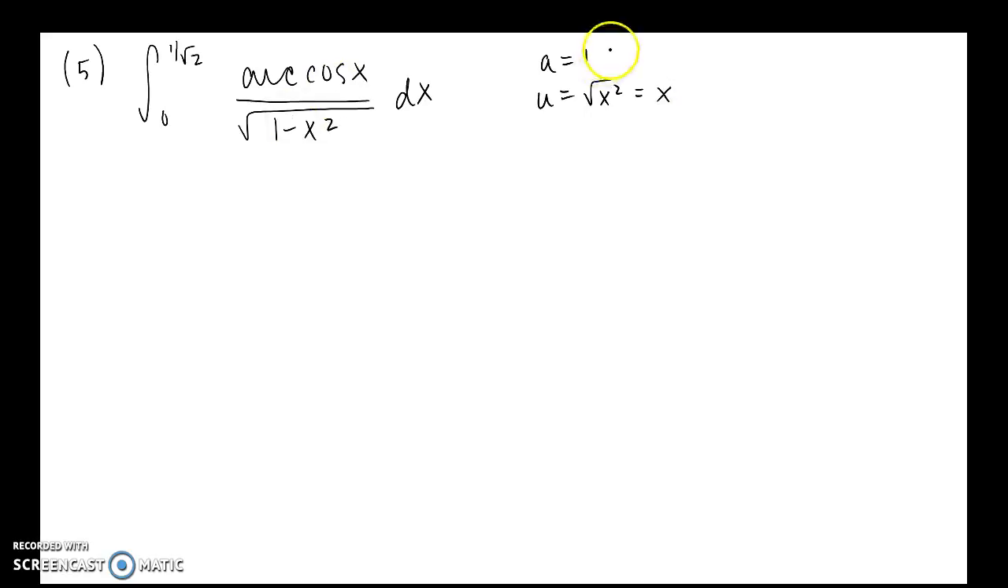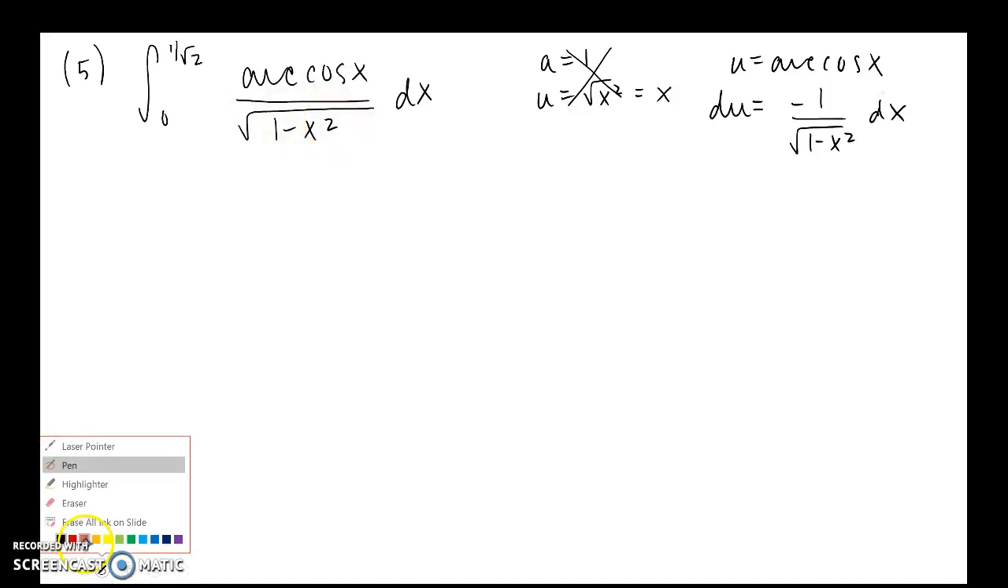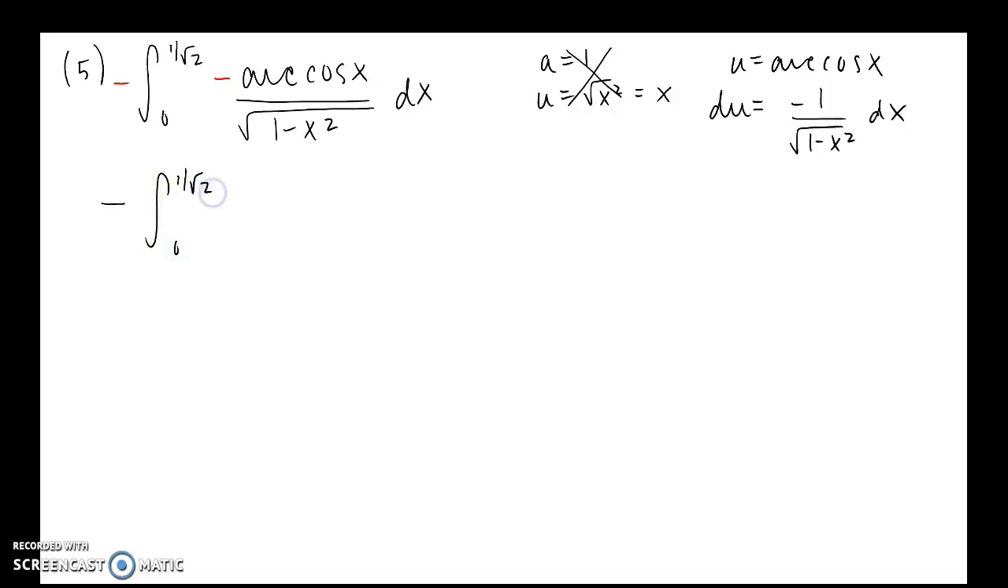So let's think of something. Let's try a u substitution. If we picked u to be arc cosine of x, the derivative of that is negative 1 divided by the square root of 1 minus x squared dx. So now that's what this problem will become. It's just a u substitution. Put the negative out front for the proper substitution. So we get negative, from 0 to 1 over square root of 2, and then this whole piece just becomes u du. So then this integral rule,